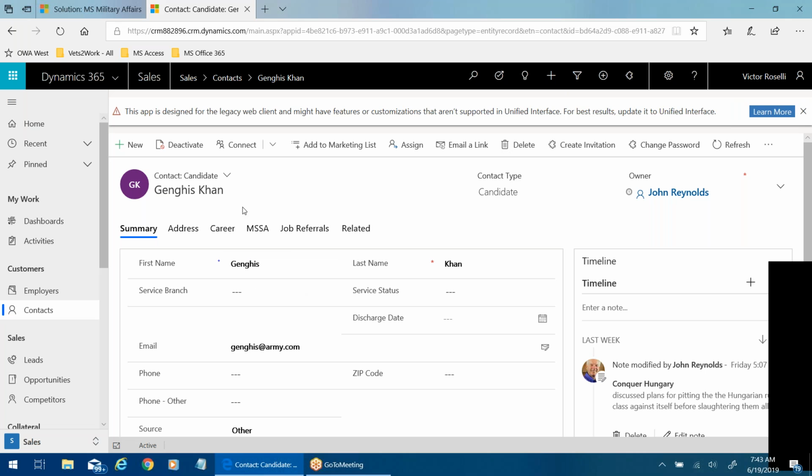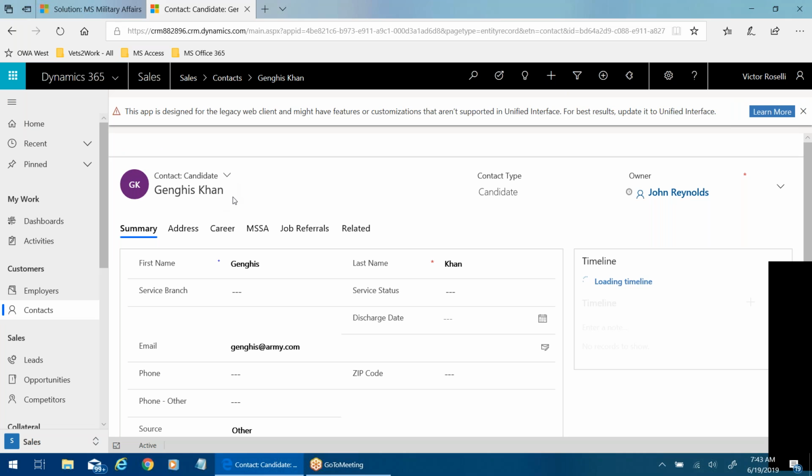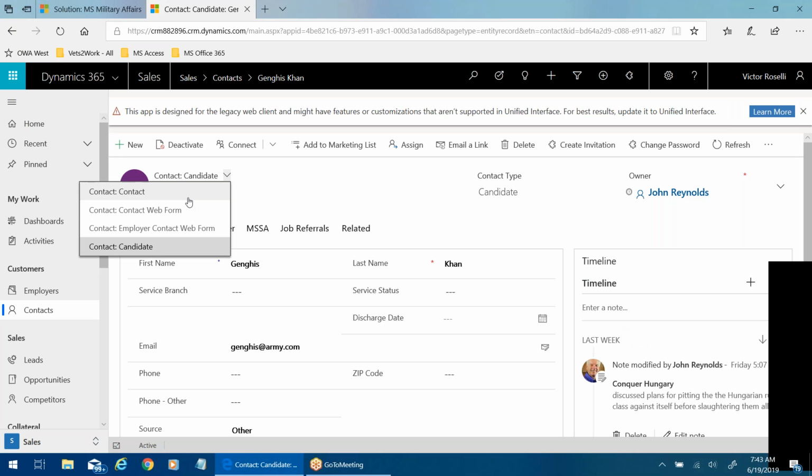Okay. So now we also want to make sure that when we're looking at this form, we wouldn't want to select the employer form when we know we're looking at a candidate. Right. So we want to select the candidate form when the contact type is a candidate, period. It looks like we're looking at the candidate form already. So if you change the contact type, the form doesn't change, and it should. We'll hopefully the views automatically change that for you.